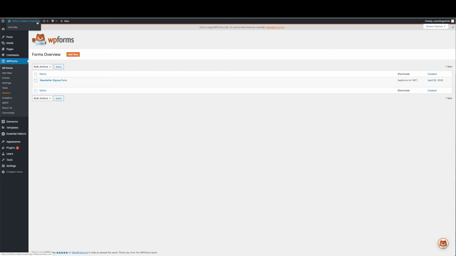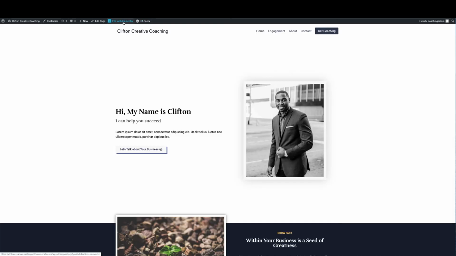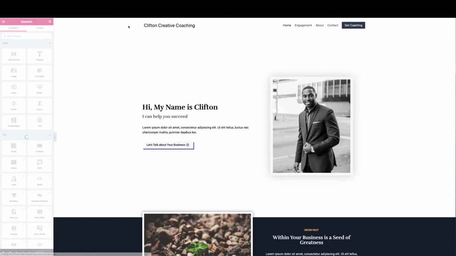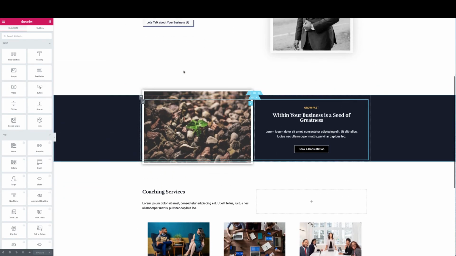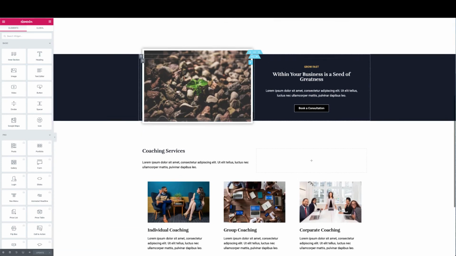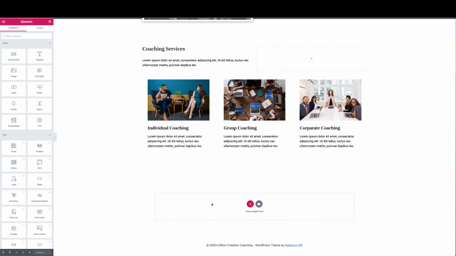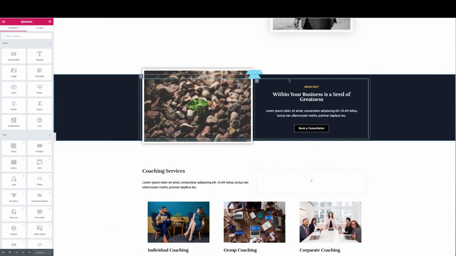I'm going to go back to our page that we're building, click on Edit with Elementor, and now we're going to start building out that section. So what I'm going to do is, instead of building it up from scratch, I'm just going to use this one. It's already here, right? So I'm going to select the outermost